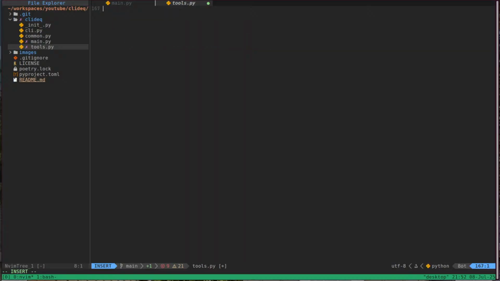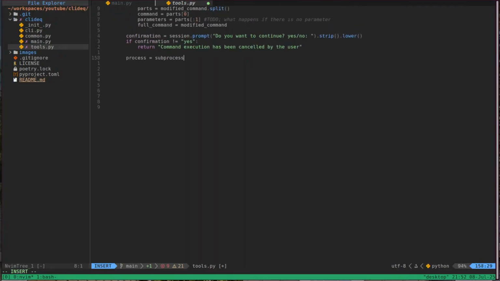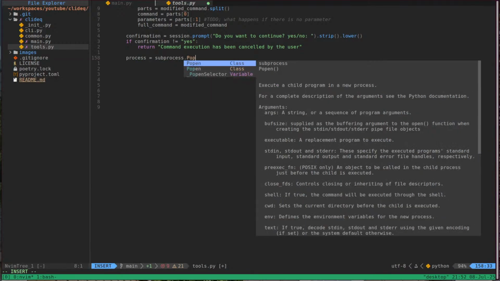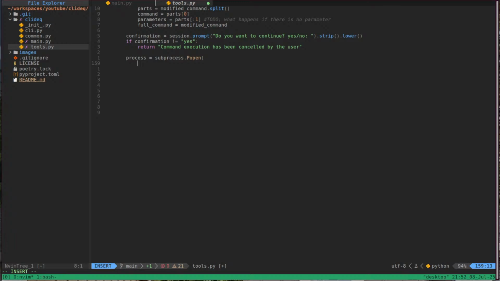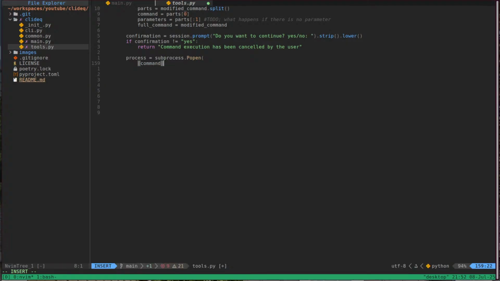Subprocess, okay. Subprocess open. First we have to do this command plus parameters. Is that, yeah, and then this is our